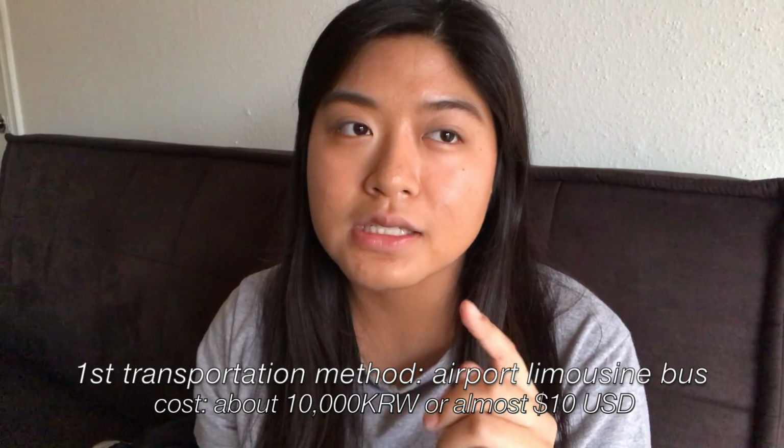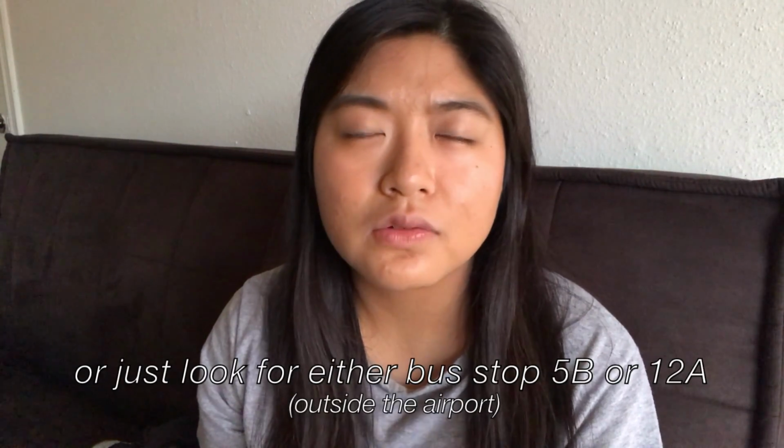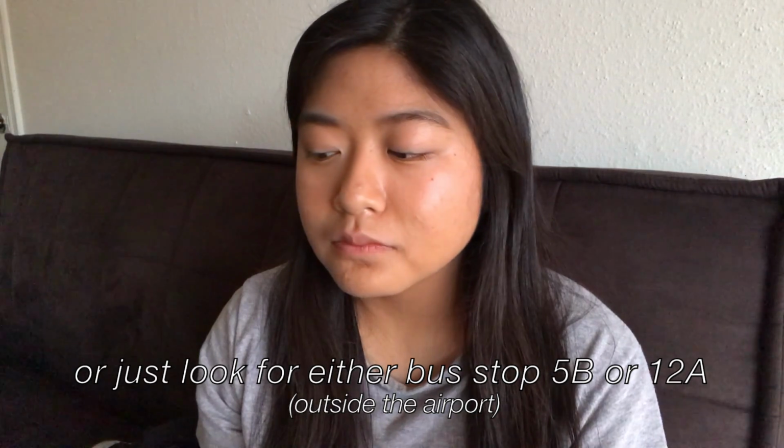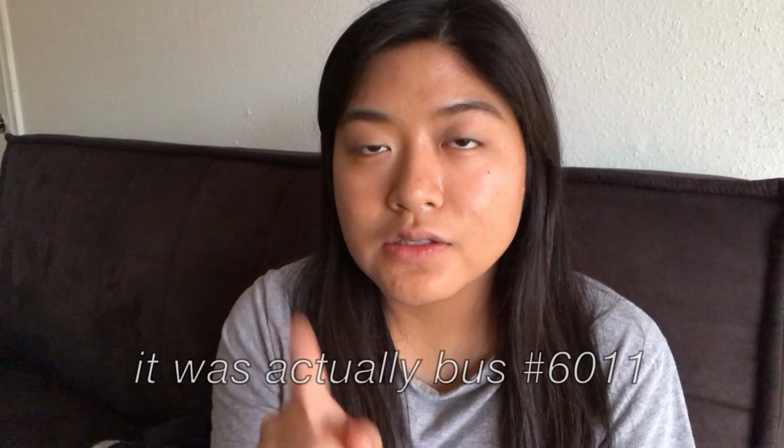So there's 4 main ways that you can get to the SK Global House dorms. One is the airport limousine bus, which I feel is the method of transportation I took from Incheon Airport to the dorms. I know there's a specific exit you go through in the terminal or something of the sort in the airport. I would ask just in case, or double check the description box, where I'll put the information if I find it. But I did take bus 6601,